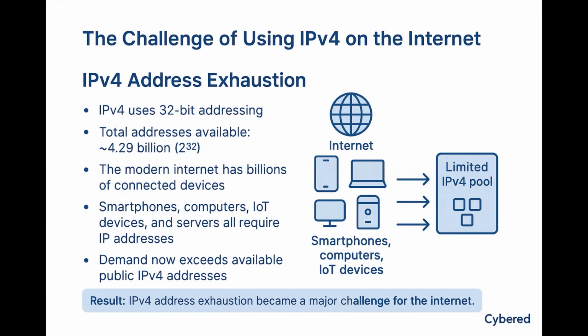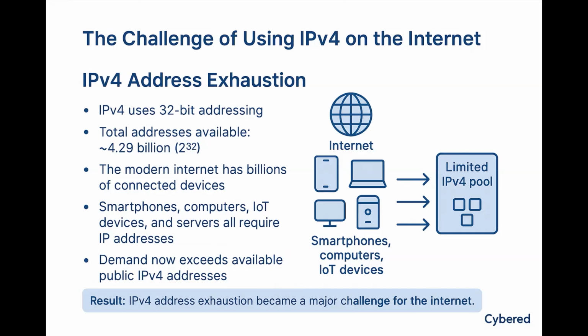One of the biggest challenges with IPv4 is address exhaustion. IPv4 uses 32-bit addressing, which provides approximately 4.29 billion public IP addresses. While that sounds like a large number, it is not enough for today's internet. With billions of smartphones, computers, IoT devices, and servers connected worldwide, the number of internet-connected devices exceeds the number of